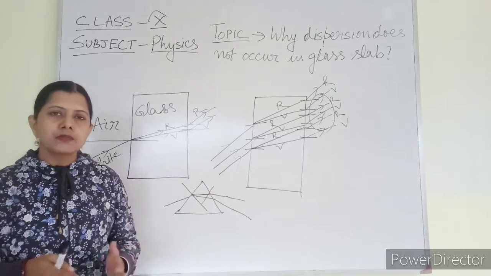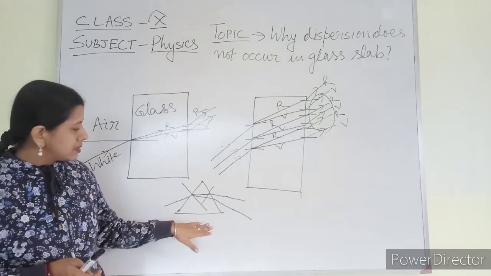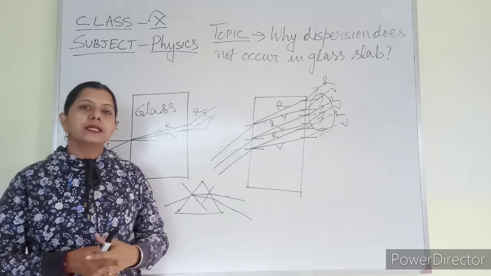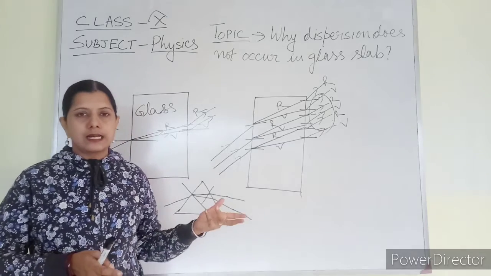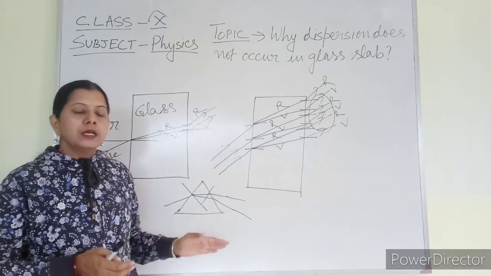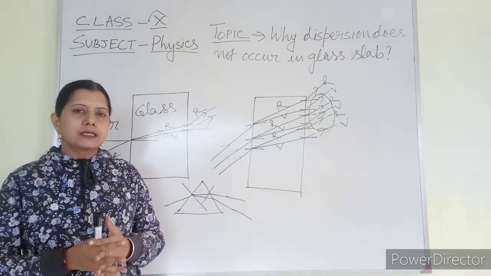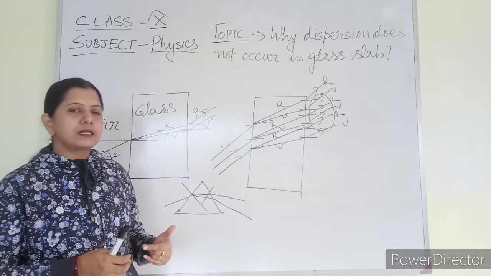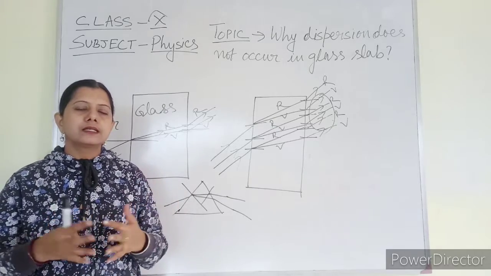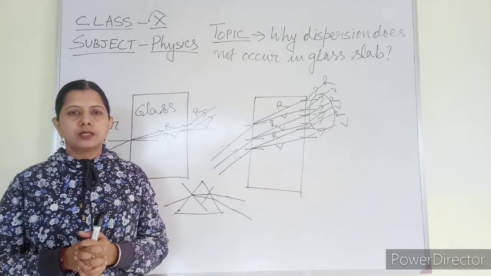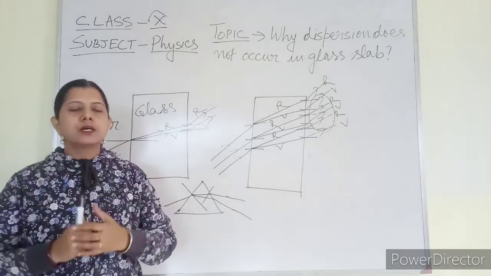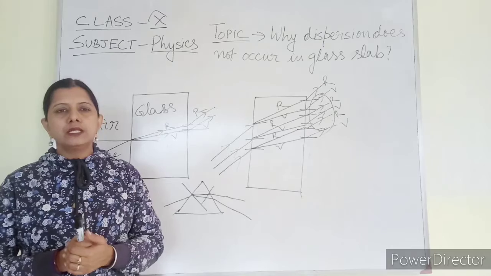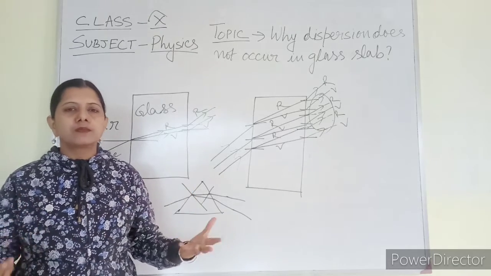So try to remember why dispersion can be seen in case of a prism, but it can't be seen in case of a glass slab. In case of a prism, due to its peculiar shape, the spreading can be seen, but in case of a glass slab, as the emergent and incident rays are parallel to each other, the distance between the emergent rays is too small, they are going to superimpose on each other, so the spectrum can't be seen.